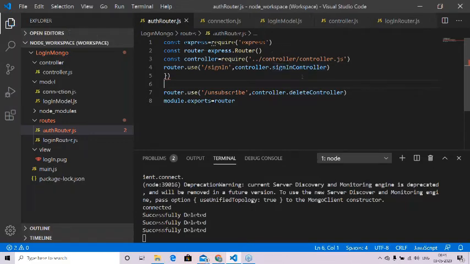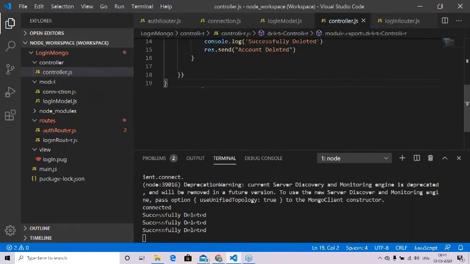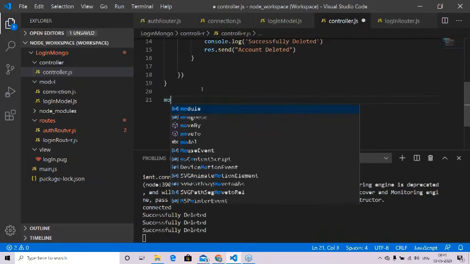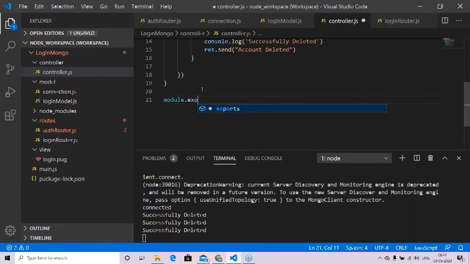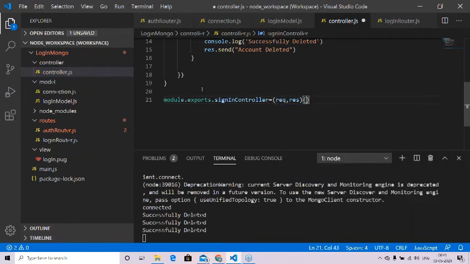Till now I have not created this sign in controller, so I'm gonna create this in controller.js. I will do it after this. So I will write module dot exports dot sign in controller equals to request response